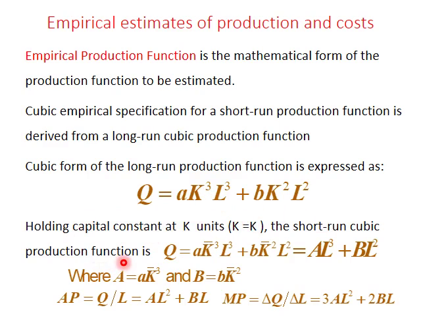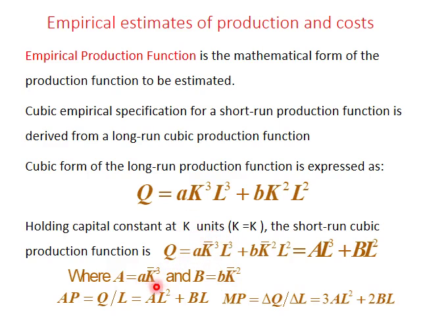When we make K constant, the short run cubic production function can be derived from the long run cubic production function. We make this constant, so it will be AL cube plus BL square, because we consider that K is constant, so it will be merged with a constant number, where